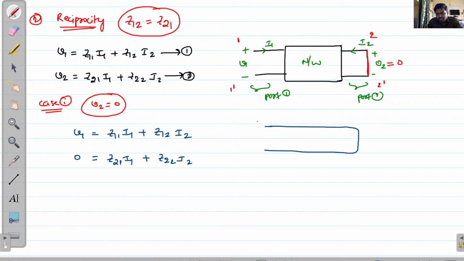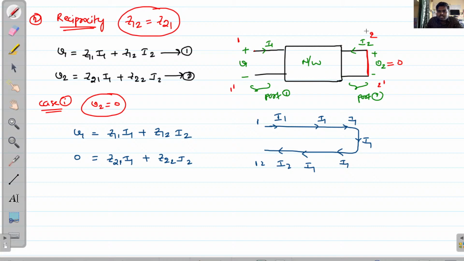That means this is one dash terminal. So I1 starting at one terminal is moving like that. This is I1. In between we have a network, so that can be flowing through the network also, and here also I will get I1, here also I1, here also I1, and like that the current will be flowing, right? Like that current will be flowing.